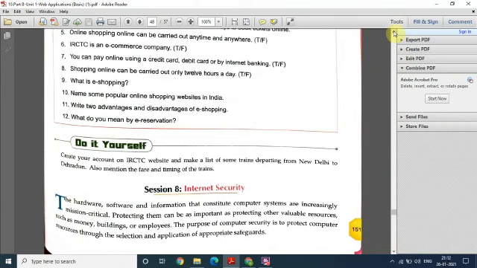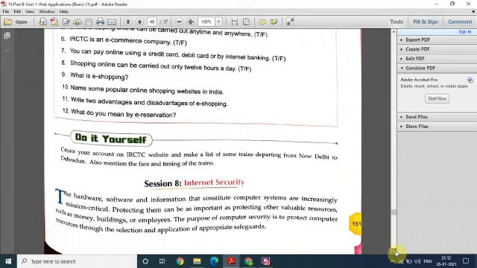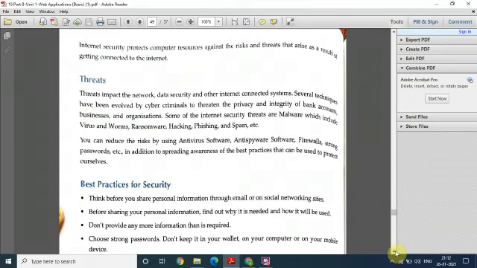Now the question here is what are threats. देखिए जब आप सारी चीज़ें ऑनलाइन ट्रांसफ़र कर रहे हैं तो इज़ इट सेफ टू डू इट लाइक दैट, और वी हैव टू टेक सम प्रिकॉशंस. तो इंटरनेट सिक्योरिटी इज़ ऑल अबाउट दैट, that whenever the data is transferred all over the internet, how it has to be saved, fine, and how we have to keep it safe while moving from one place to another, fine.